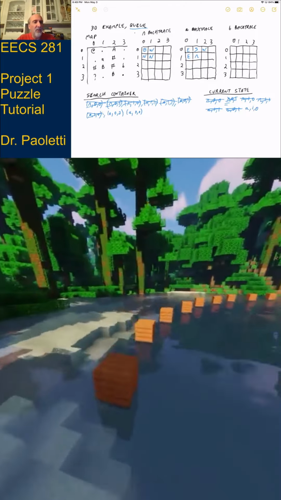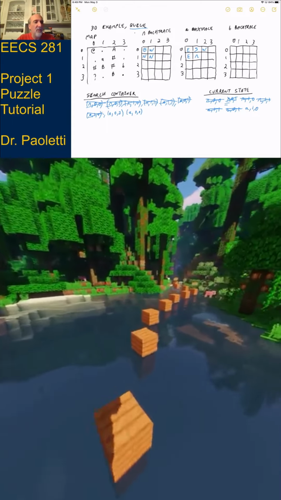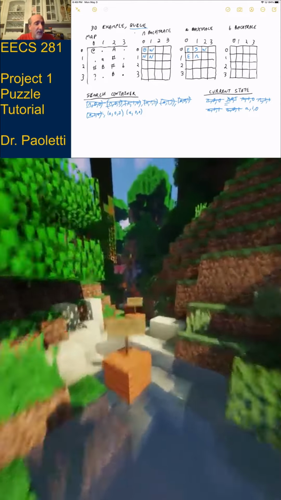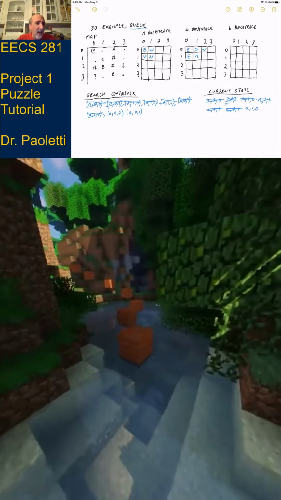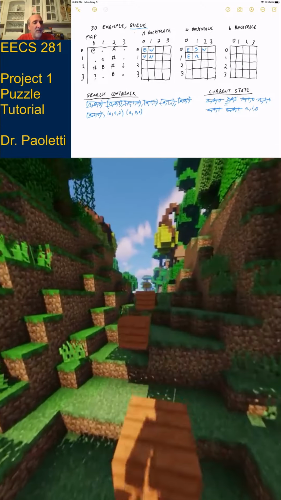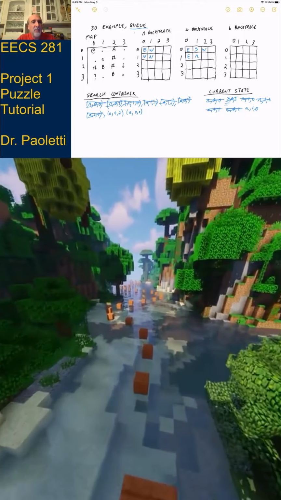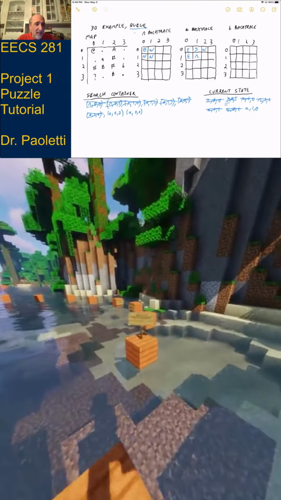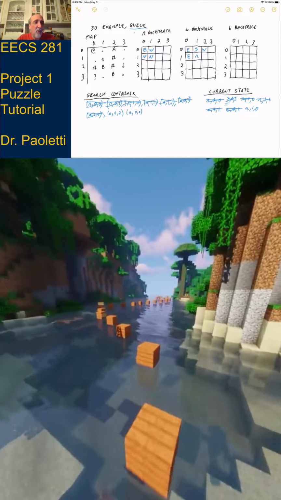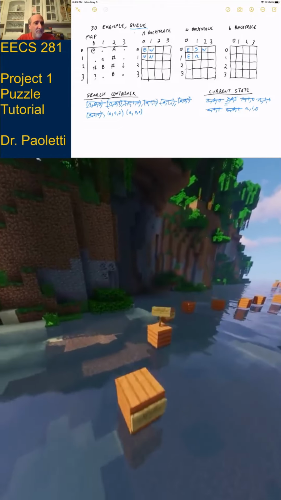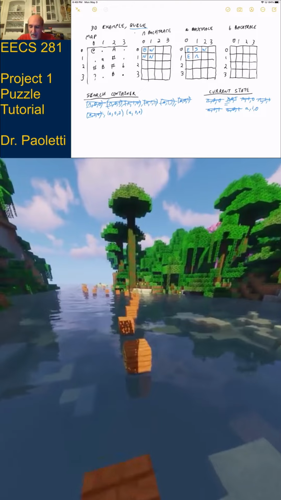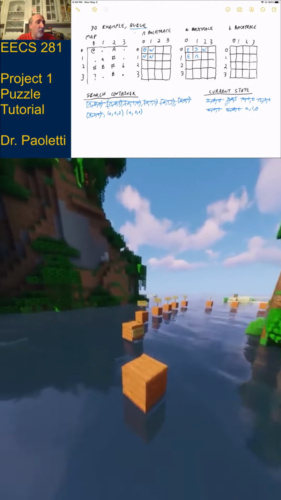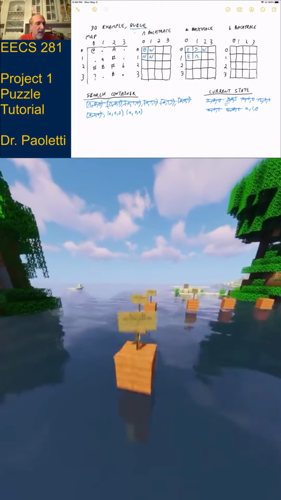So A10, so that's row 1, column 0. Okay, so A10. Can I look north of me? Yes, it exists. Have I ever been there before? Yes, I have. Oh, okay, I'm done looking north. All right, how about east of me? East of me exists. I've already been there. All right, how about south of me? South of me exists. I've never been south of me, but it's a solid wall, so we can't go there. All right, how about west of me? When I'm in A10, west of me does not exist. So that's it. This one didn't add anything to the search container. All right, we go back through the loop.